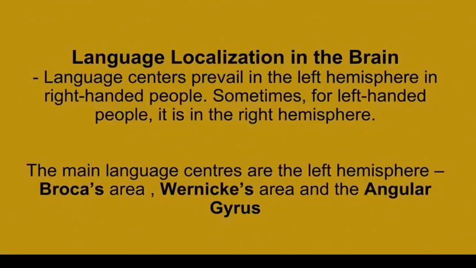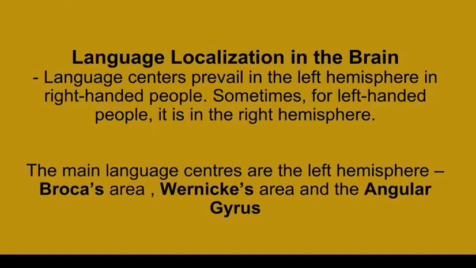Then we have Wernicke's area. This area is near the part of the brain that receives stimuli. Okay, so regarding speech production, utterances are formed within Wernicke's area. And here, speech signals are interpreted. So all areas within these hemispheres are very significant and very vital for language and speech production.